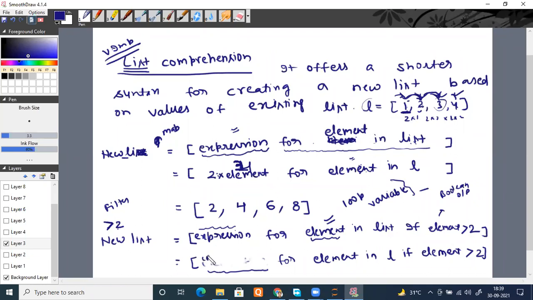If you want to show it, then you can type this in a string. It will show the same way. If element greater than 2, it will show the same way. For example, let me do that. Is it fine? It will show the same way, element greater than 2, if you want to show it. Normally, how do we use it? We want to do some expression based on that. And that expression should result in some value.